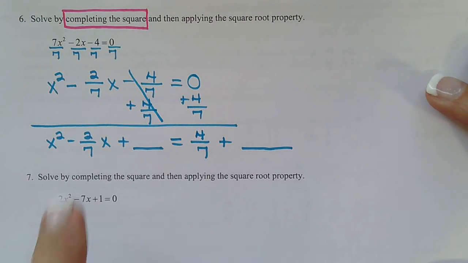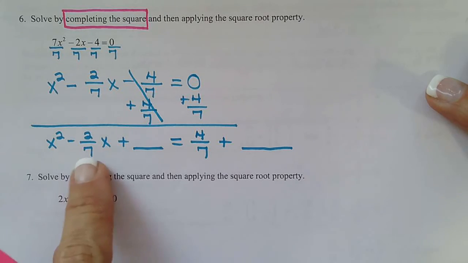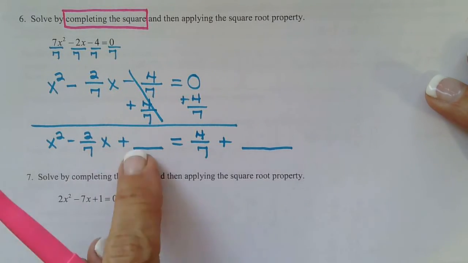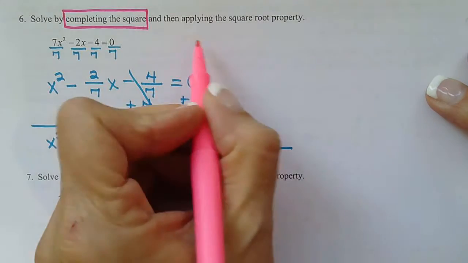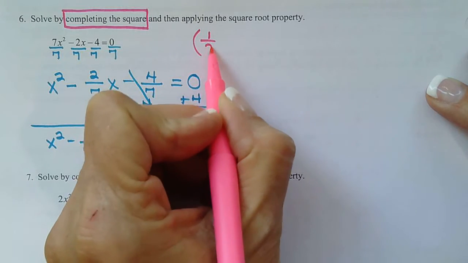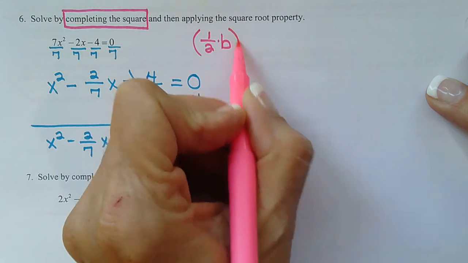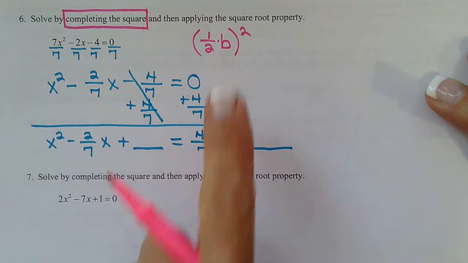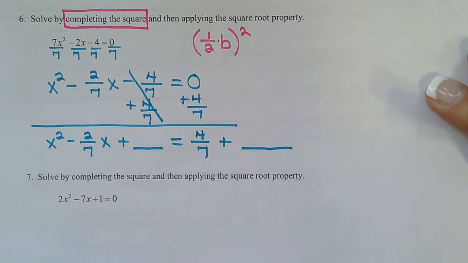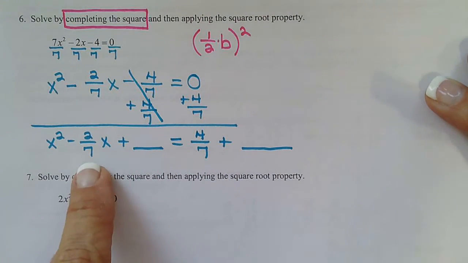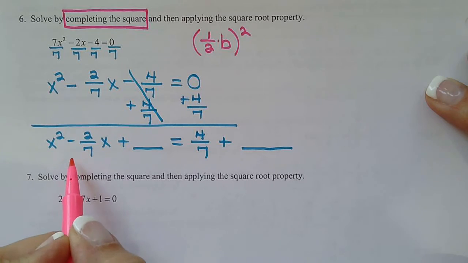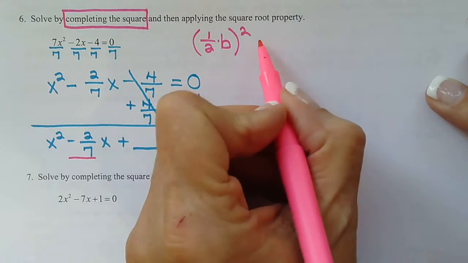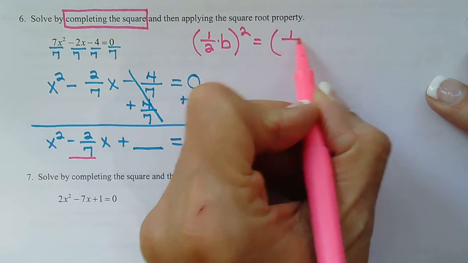Okay, so we learned in the last video that to find this constant, we do half. And remember how I said write it down as many times as you can, so you remember it. Half of b and then square it. And it's all done on the calculator, so we don't really care if this is a fraction, to be honest. Doesn't matter because it's all going to be done in the calculator. So this is our b. So we do half of